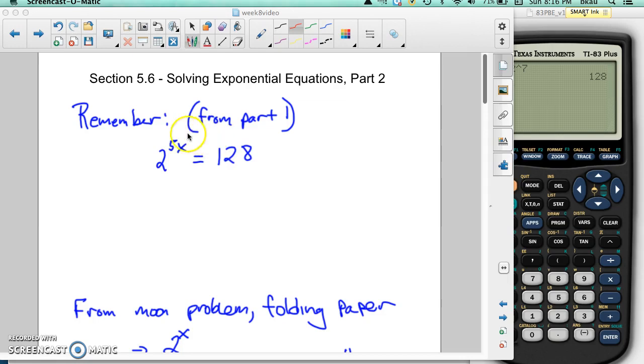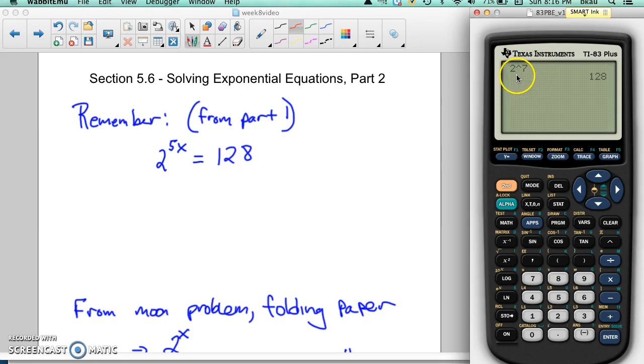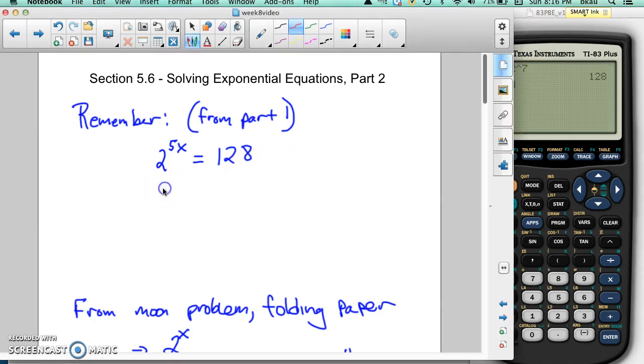In the past we did exponential equations where we made the bases the same. So we had a problem like this and we rewrote it. We looked on our calculator and saw that 2 to the 7th power is 128. So we wrote down that 2 to the 5x is equal to 2 to the 7th power, because that's what 128 is. Since we had the same bases, the exponents have to be the same. 5x equals 7, x equals 7 divided by 5,